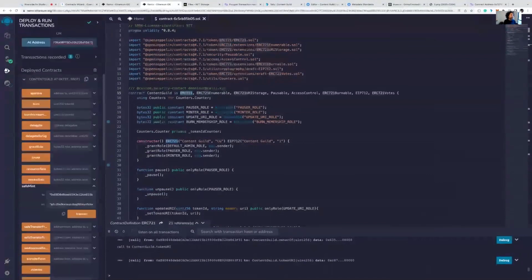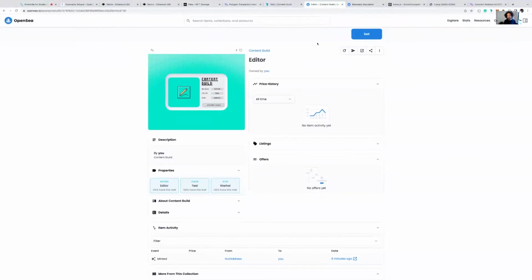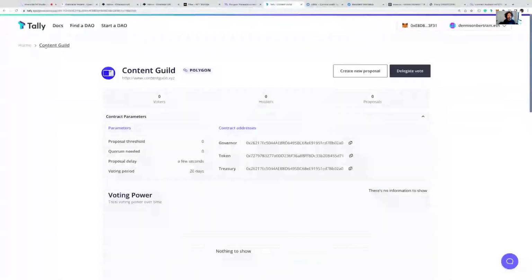If you verify this smart contract on Polygon Scan, you will be able to do this directly from Polygon Scan. I'm just not sure why it actually hasn't done it, but I guess there's some sort of bug going on in Polygon land. So that concludes our tutorial on how to create a complete NFT DAO with Tally,